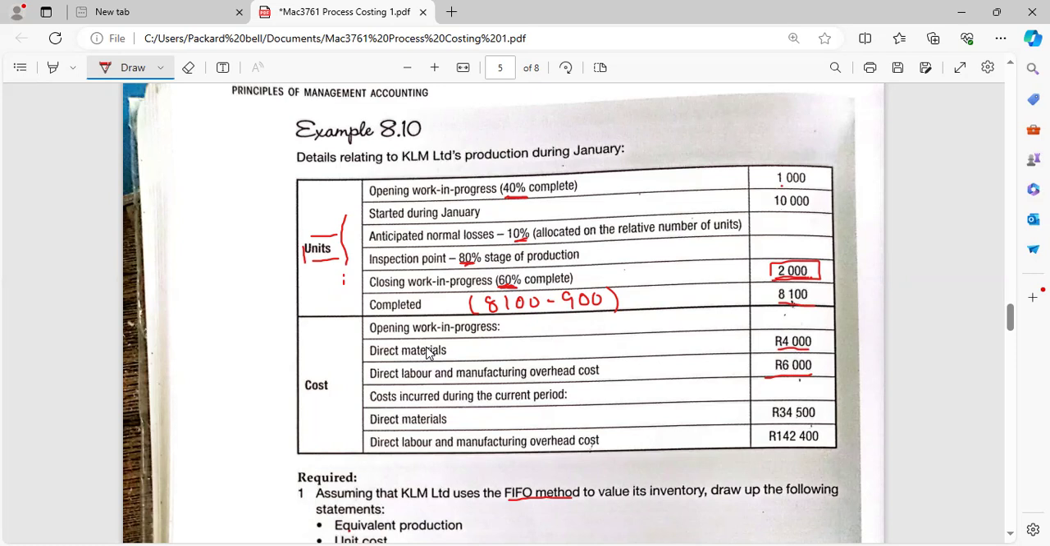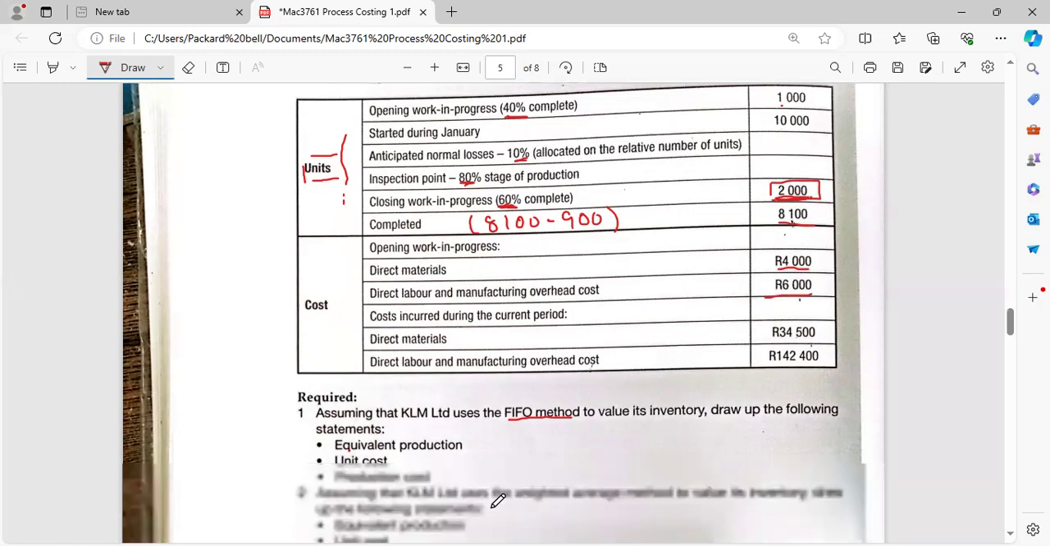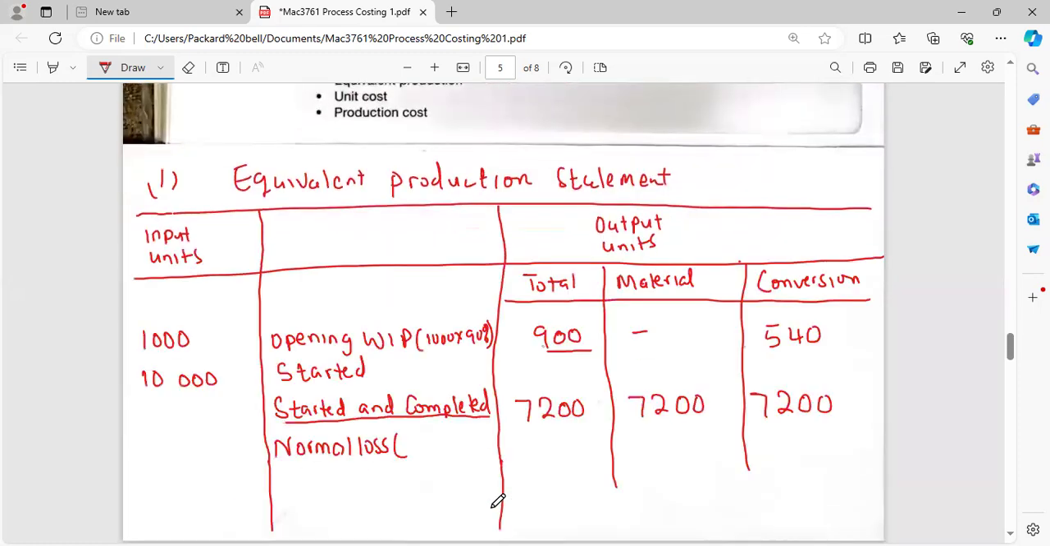So we only have to take out the work in progress. The reason being that it did not reach the inspection point. You cannot determine a loss for something that has not reached the inspection point. So which means when we calculate the normal loss, we take out the closing work in progress. So we just come here and say,